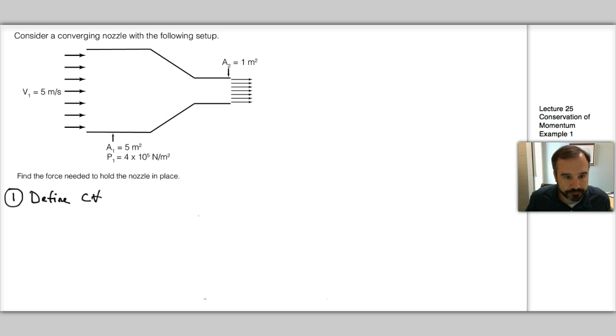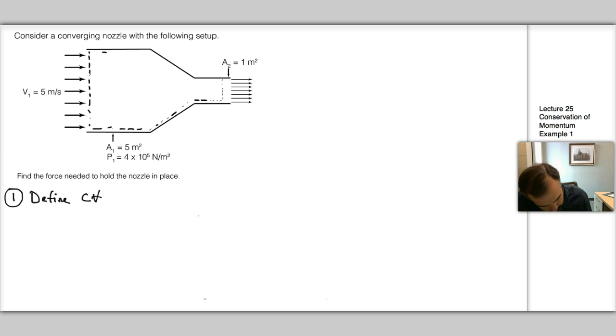the control volume. Okay, so I'm going to go up here, I'm going to draw it. And again, we're always concerned with a good definition of our control volume. A couple of things that we can notice here is we have two solid boundaries, so the flux across those boundaries is going to be 0, so that makes things a little easier. And our flow velocity is only in one direction, in the positive x direction. So if we draw a control volume that bisects this surface and then travels along the boundary of the nozzle, then comes across and perpendicular to this surface,